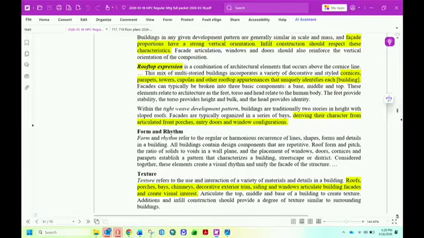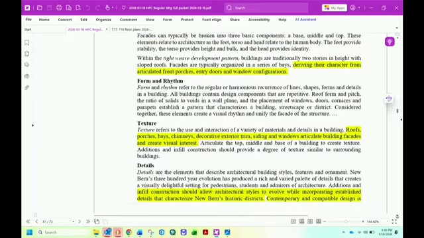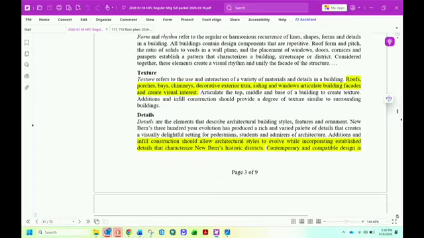We talk about cornices, parapets, towers, cupolas, and other rooftop appurtenances that uniquely identifies each building, and deriving their character from articulated front porches, entry doors, and window configurations. For texture, we talk about roofs, porches, bays, chimneys, decorative exterior trim, siding, and windows articulate building facades and create visual interest.